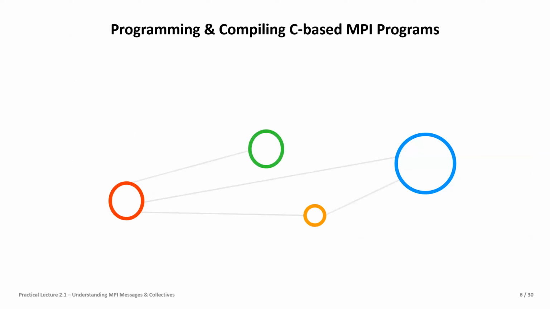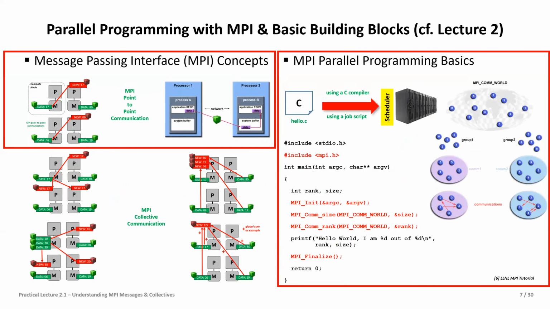With MPI being the de facto standard, more or less, in parallel programming for distributed memory, we start with this. And this brings us back to programming and compiling, of course, C applications, which we will start with now. And reviewing a little bit what we had in lecture 2 all along the way, but this time, as I said to you also, we want to do this more practically. So let's go back to our